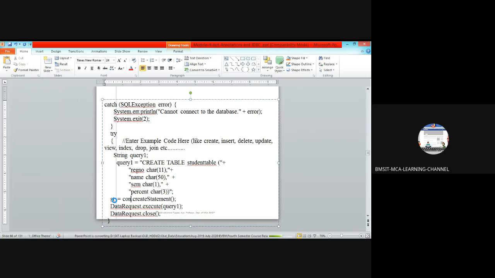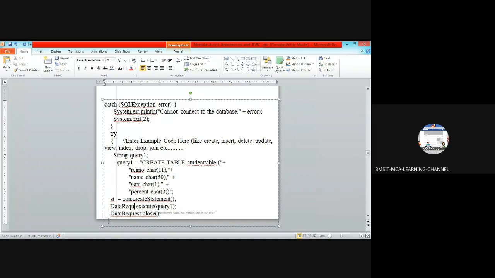This statement object initializes the connection by establishing a connection with createStatement. It is like a pipeline. The pipeline is ready, now you flow your liquid. What is the flow? You want to create this table. So you pass this as a parameter to the execute method.